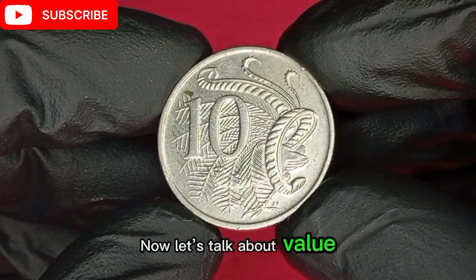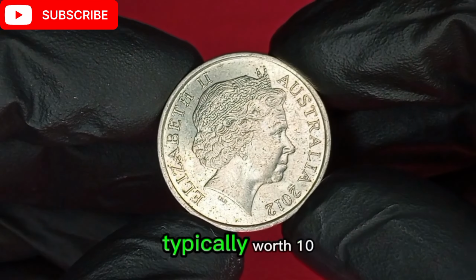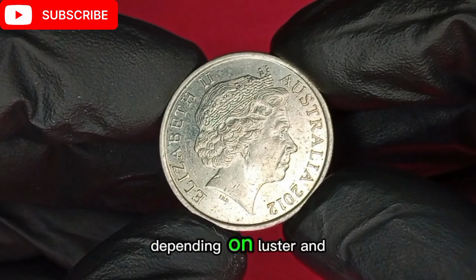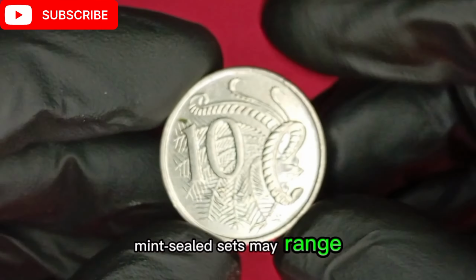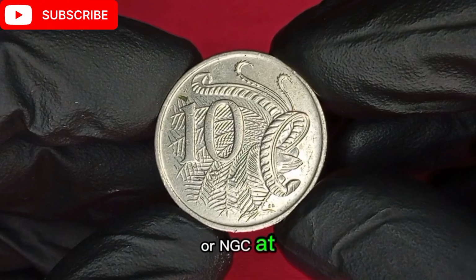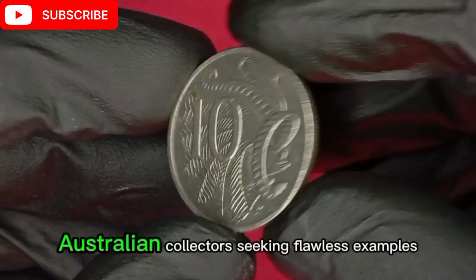Now let's talk about value, the part everyone loves. In circulated condition, the 2012 10-cent coin is typically worth 10 cents face value. However, in uncirculated condition, it can sell for $2 to $5 odd, depending on luster and grading. Proof versions or coins in mint sealed sets may range between $10 to $20 odd. High-grade examples certified by PCGS or NGC at MS66 or higher have occasionally reached $25 to $40 AUD, especially among Australian